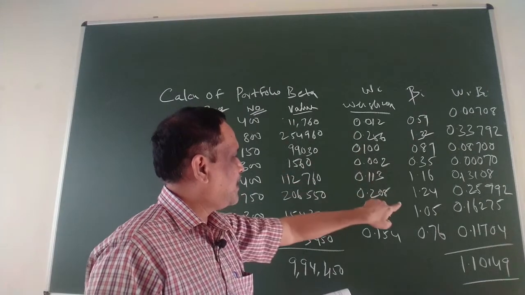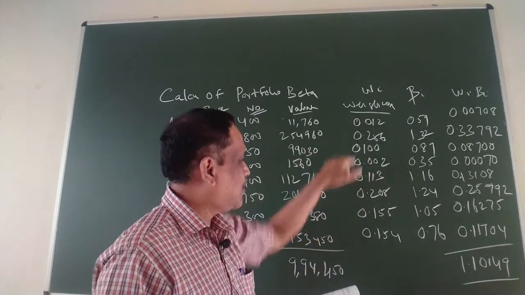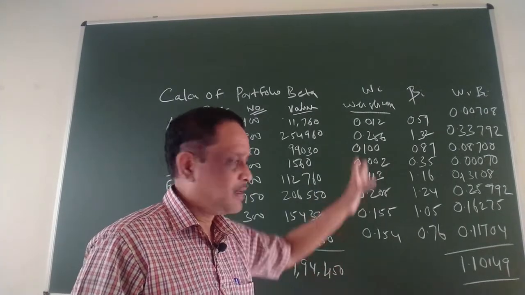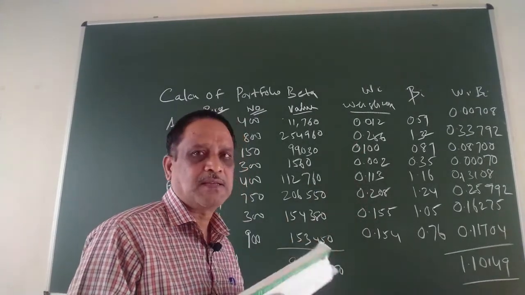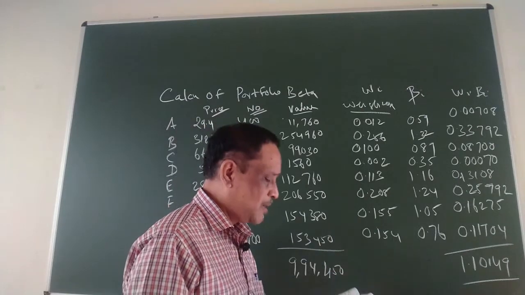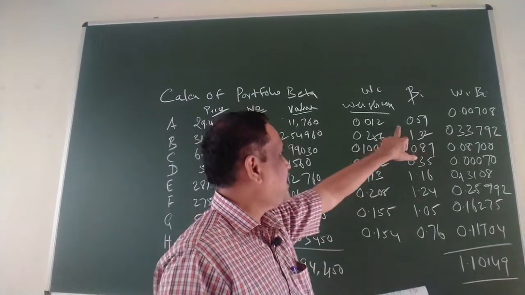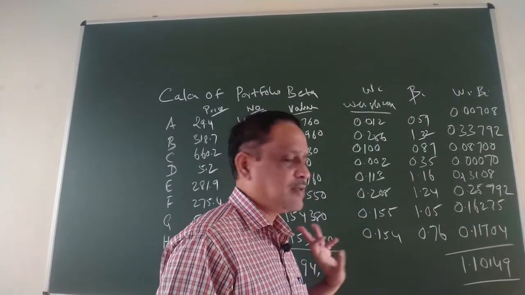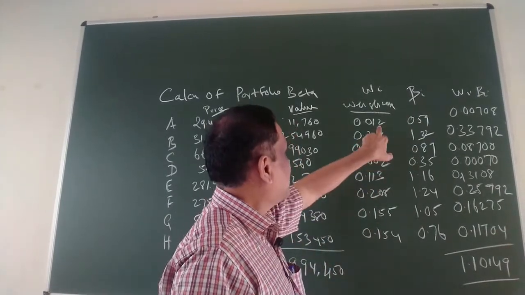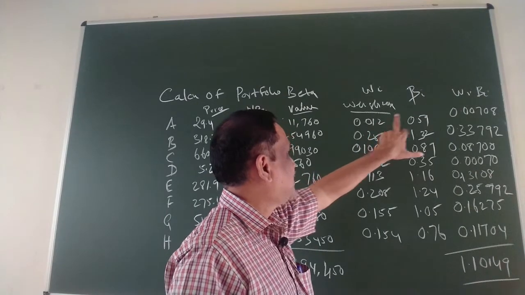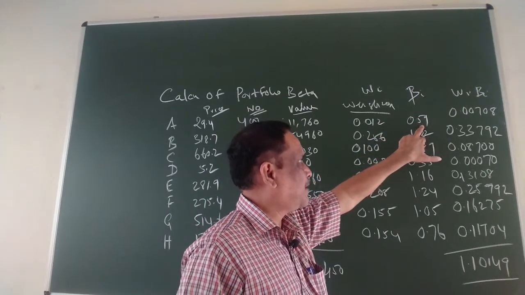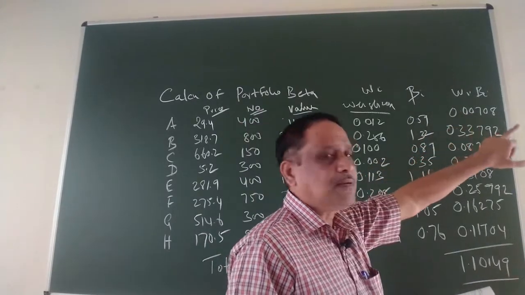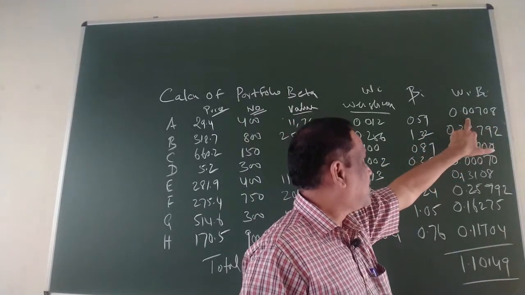Similarly, you do this for all the companies, and you will get these kinds of weightages. If you add all these, you should get 1. It will be 1. It means 100%, all the shares are covered. Now, in the problem itself, they have given the beta for all the companies. So, you have several betas. You multiply this weightage by the beta of the individual company. You will get a weighted Wi into Bi, that is the final column.